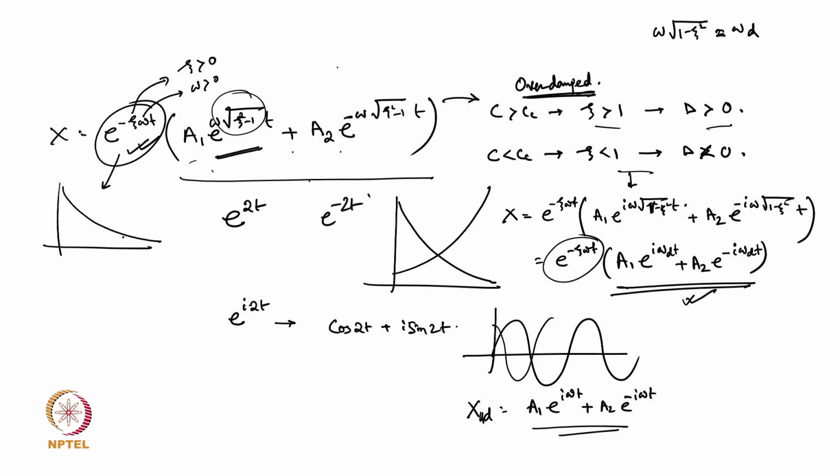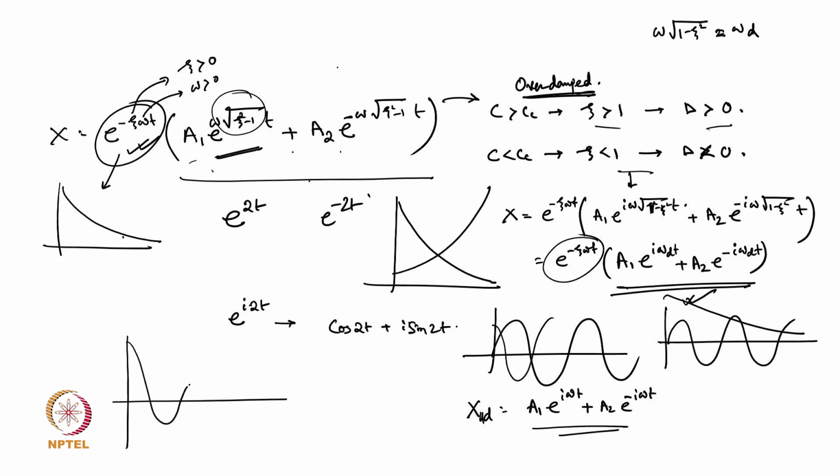So how should this thing look? We can also do that using MATLAB and try to see, but first try to imagine how it should look. So this portion is like your continuous oscillating function. Now you are multiplying it with a decaying function. So what will happen? It will decay like this, where this e to the power of minus xi omega t acts like an envelope of that,